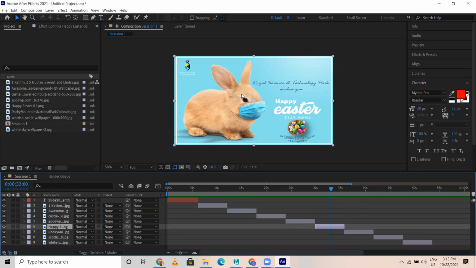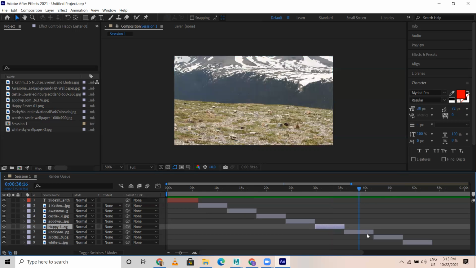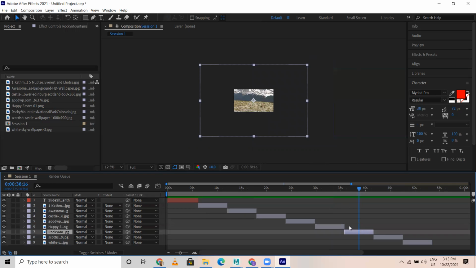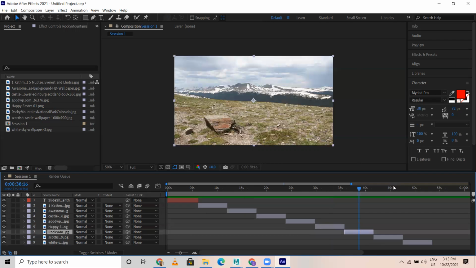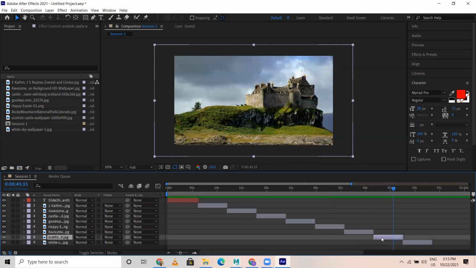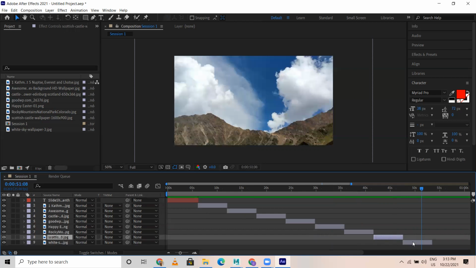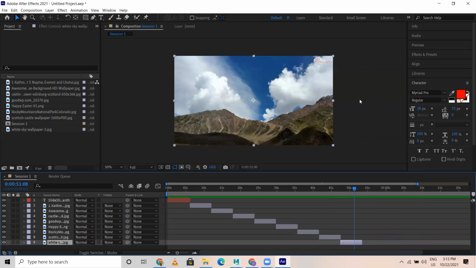Okay. For Easter, I made this design and shared it with everyone, even the entire team in the RSCP. Now I'm selecting this. See, this image is so big. Control Alt F, now it is fit to screen. Now I select this. This is also big. Control Alt F, fit to screen. I select this layer. Control Alt F, fit to screen.